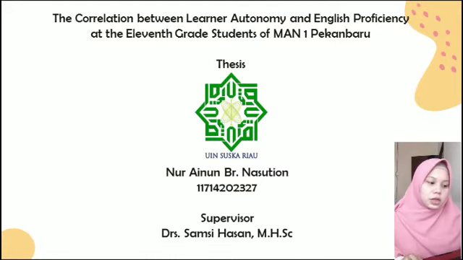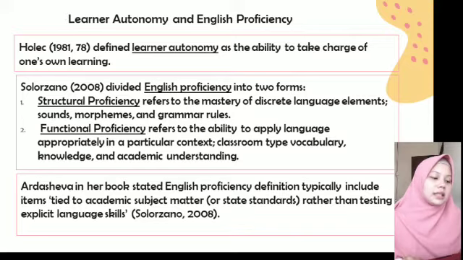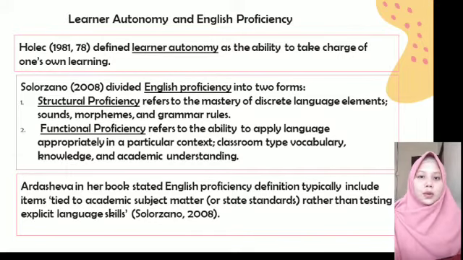Now we are going to the definition of learner autonomy and English proficiency. According to Holec, in 1981, learner autonomy is the ability to take charge of one's own learning. It means the student has the responsibility of their own learning, whether in the classroom or out of the classroom. And based on Sultan 2008,